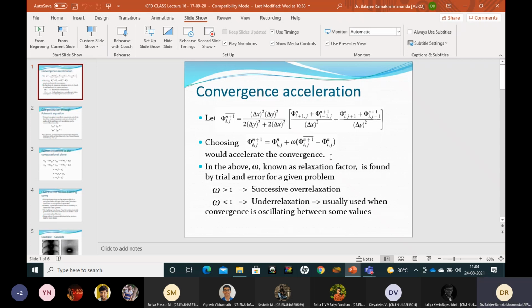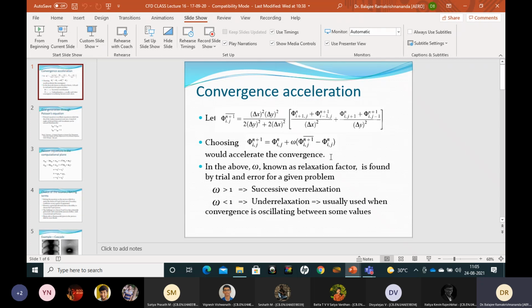So in your assignment you choose multiple values of omega. Omega equal to 1, and omega less than 1 and more than 1 also you can test. If you choose omega more than 1, convergence acceleration will happen. You'll get the answer quickly with fewer iterations. If you decrease it, then you will take more iterations. But why do you want to decrease when it can converge faster? The answer is there may sometimes be oscillations in the solution, which means the solution may not converge at all if omega is too large.